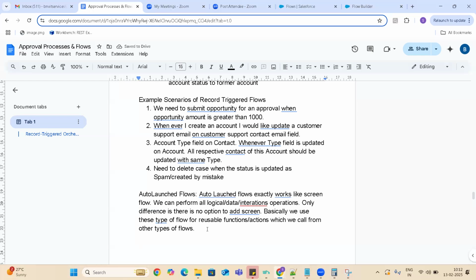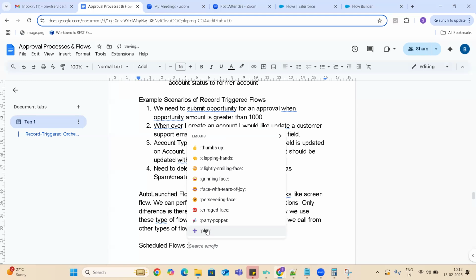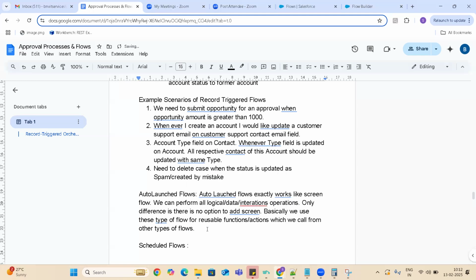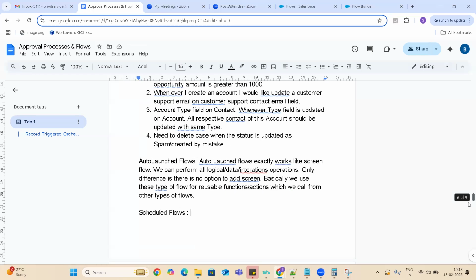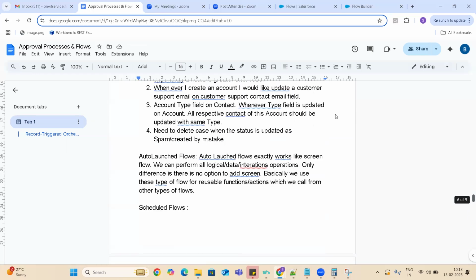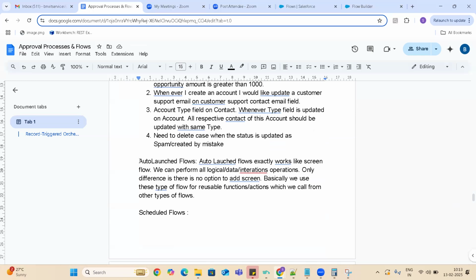Then the last one that you need to explain when they are asking something, guys, is scheduled flows. Okay. So scheduled flows also behave exactly the same as auto launched flows, guys. But the only difference is we can run this flow at a scheduled time.